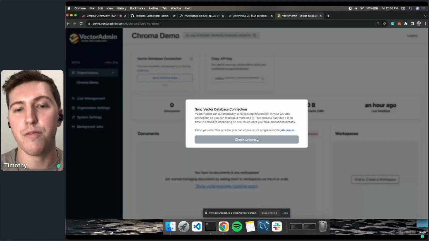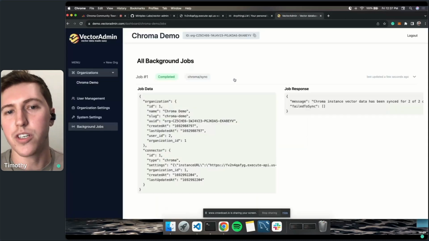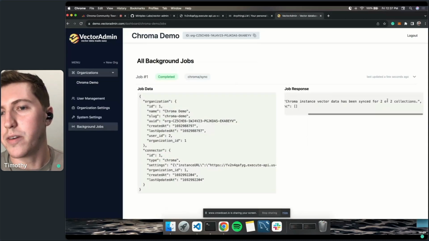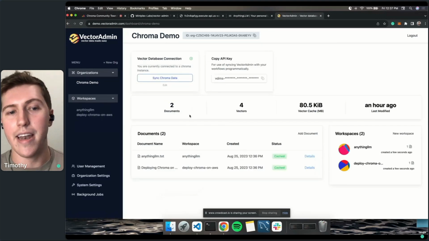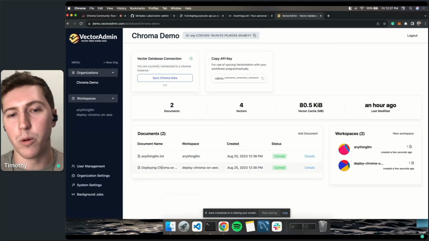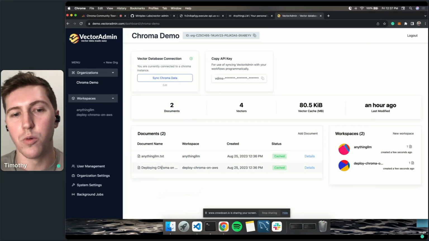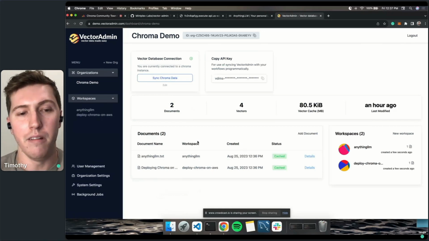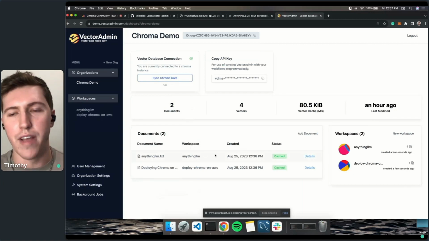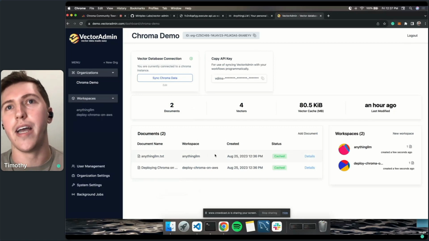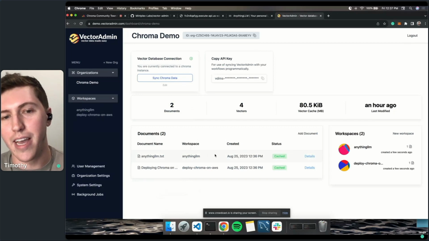And now, because we only have 4 vectors, this job should complete nearly instantly. And you can see that we have 2 spaces, 2 collections that were found. And actually, we reassembled the documents on the front end to where I can know, oh, in this workspace or collection, we wanted to normalize the name because we integrate also with other vector database providers, sorry. And so one of the advantages of using this UI over just querying the endpoint is